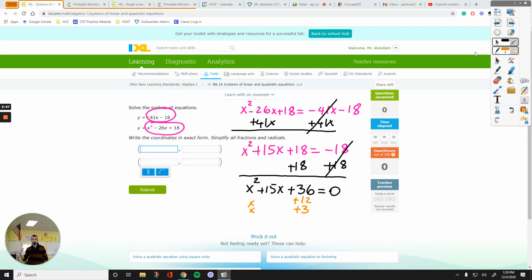There's only one pattern that you can end up with. Once you have that pattern, you add the numbers, you get the one in the middle with its sign, positive 15. Multiply them, you get the last number. If you do, then just pair the first line together and second line together. Write them as factors, x plus 12 next to each other, and then x plus 3